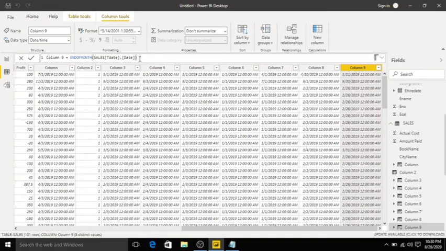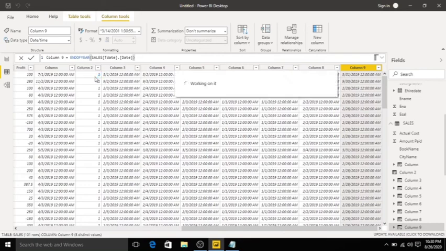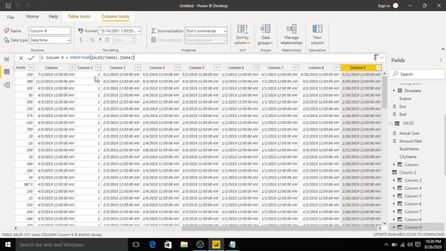We have another function called ENDOFYEAR. ENDOFYEAR returns the year end date. ENDOFMONTH replace with ENDOFYEAR. Click Tab, click Enter. See, end of year.